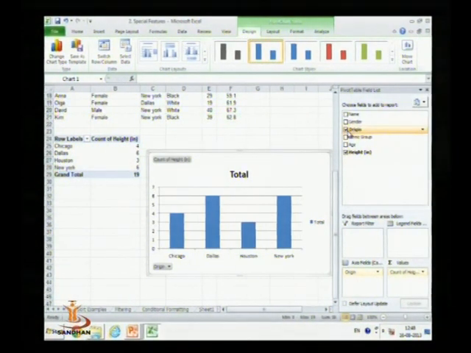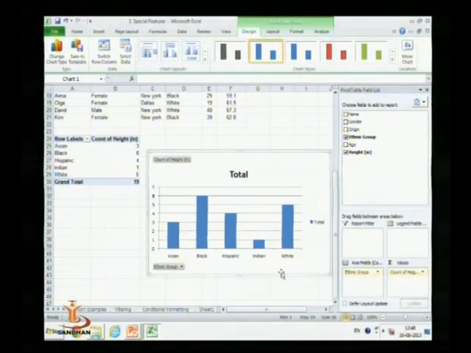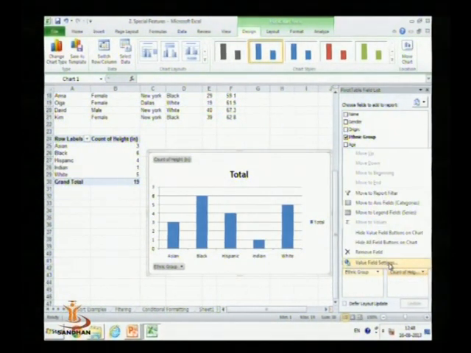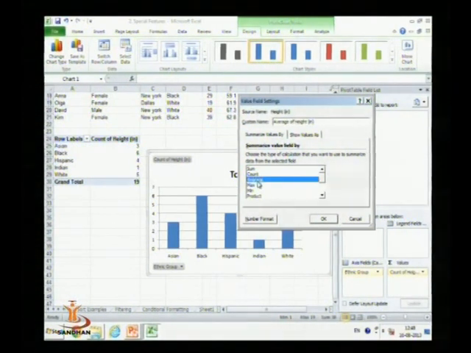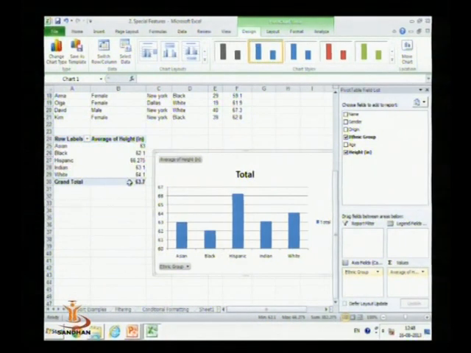Here also we can change the field, and then automatically this graph will change. So here we can also change it to average. Different fields can also be selected. So according to the data, your graph will change.